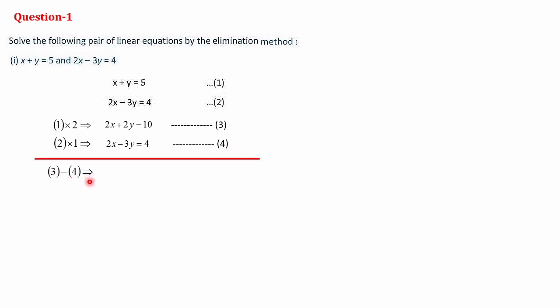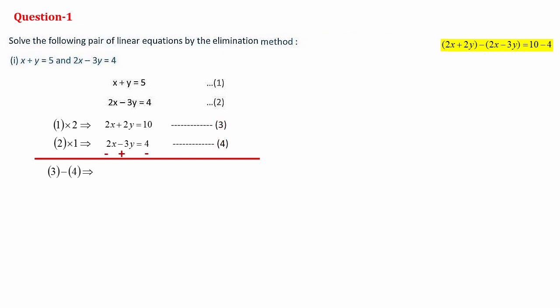For subtraction, what we have to do is change the signs of the second equation. Here the first variable, that is 2x, the sign is plus, it will come as minus. Here the second variable, that is minus 3y, the sign is minus, it will come opposite, that is plus. And here the constant is plus 4, it will come as minus. Why are we changing these signs? Let's check. Here we are subtracting equation numbers 3 and 4.